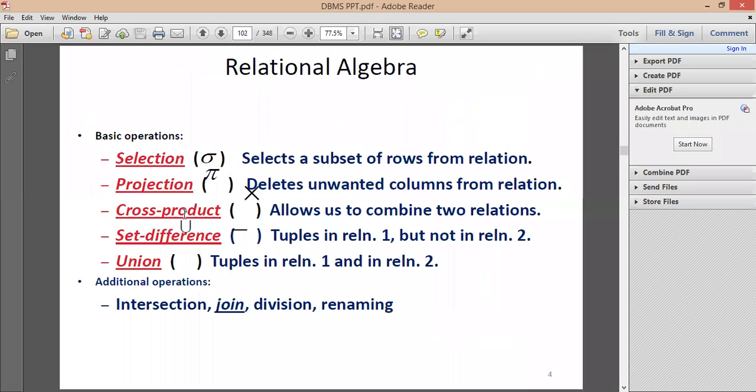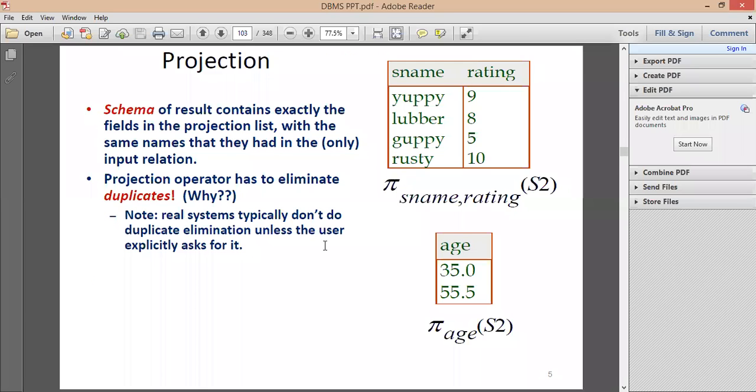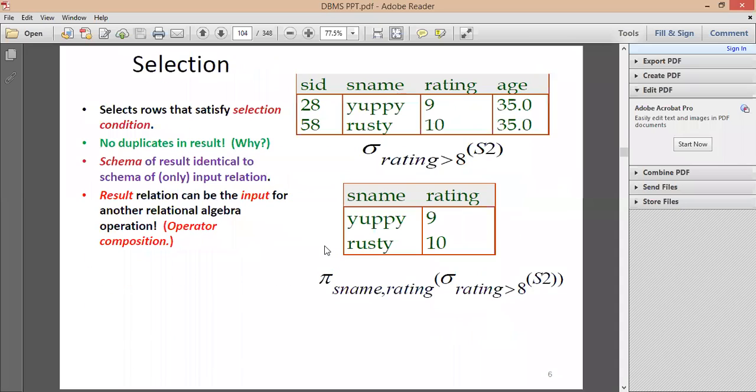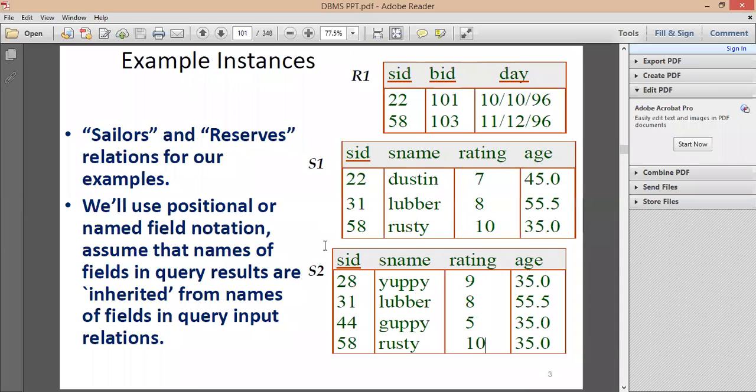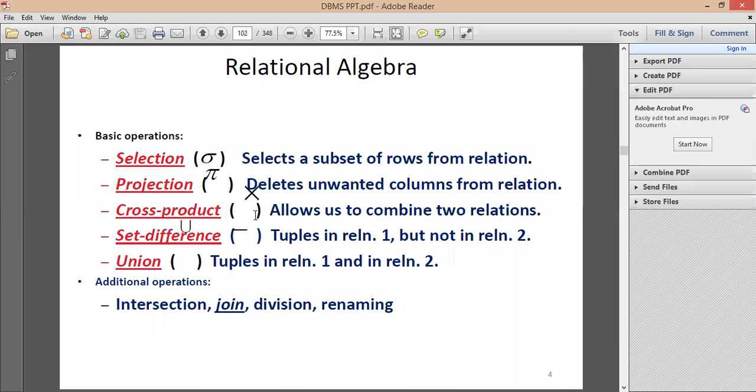From tomorrow I'll start with all the examples. I'll write them in the notes. Today we have just gone through the basics of the second unit: integrity constraints, foreign key constraints, referential constraints, and the five basics and a few more. Tomorrow I'll explain them all in detail with examples.